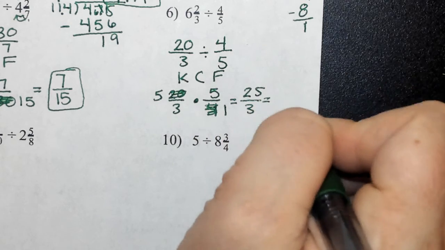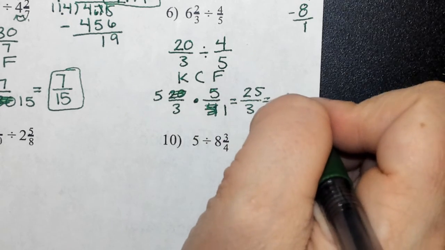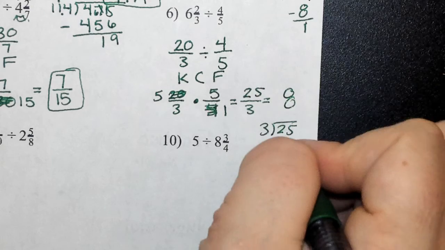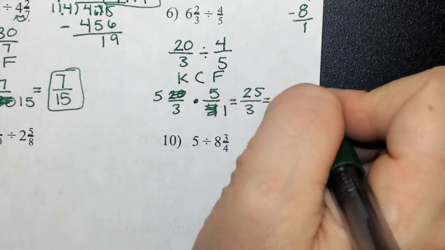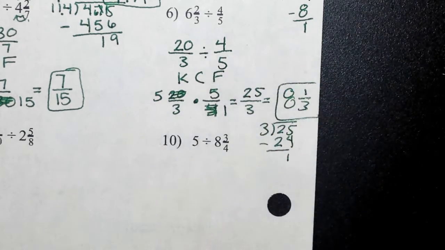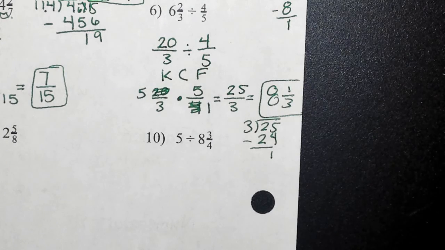And then 3 will go into 25 how many times? 8. That gives me 24. How many are left over? 1. So I end up with 8 and 1/3. All right, guys, you can pack up and leave except for